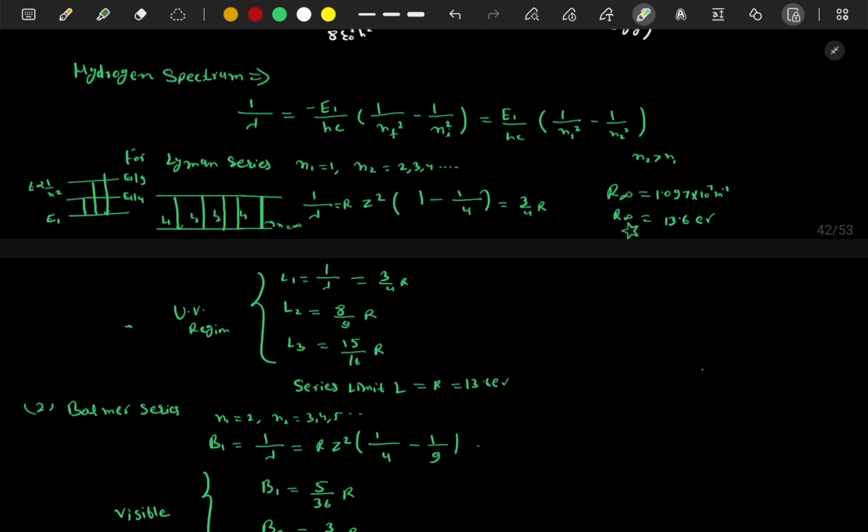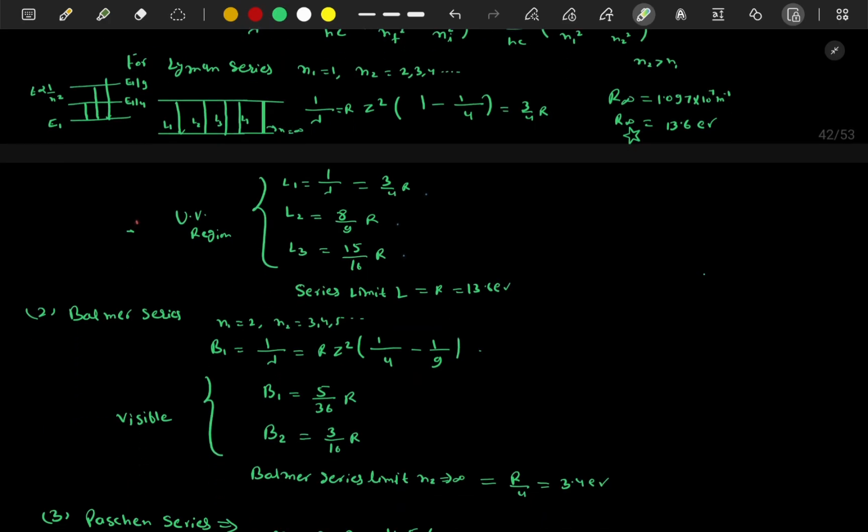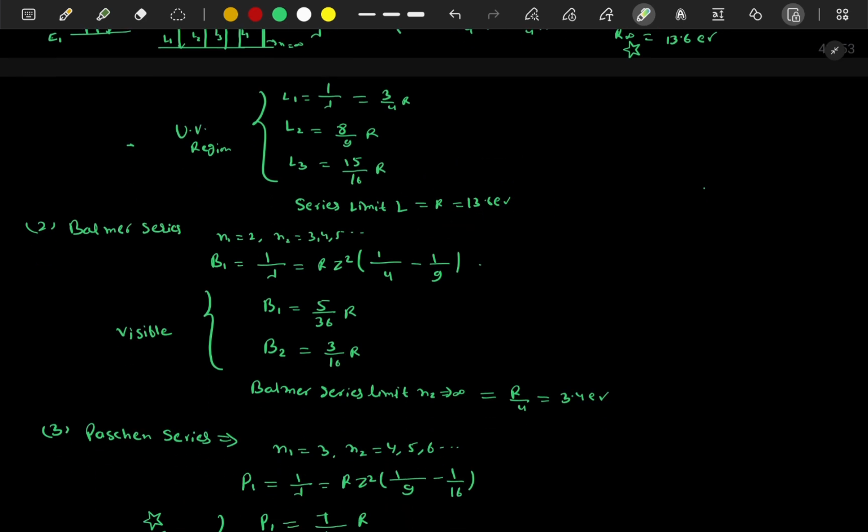Now hydrogen spectrum: 1 upon lambda equal to R Z square, 1 upon n1 square minus 1 upon n2 square, n2 is greater than n1. So for Lyman series what will happen? n1 equal to 1, n2 equal to 2, 3, 4, and what is the value of R? 13.6 electron volt or 1.097 times 10 to the power 7 meter inverse. So just put n1 equal to 1, n2 equal to 2, 3 by 4 R, similarly 8 by 9 R, 15 by 16 R. It will be in ultraviolet region, and the limit of this region is 13.6 electron volt